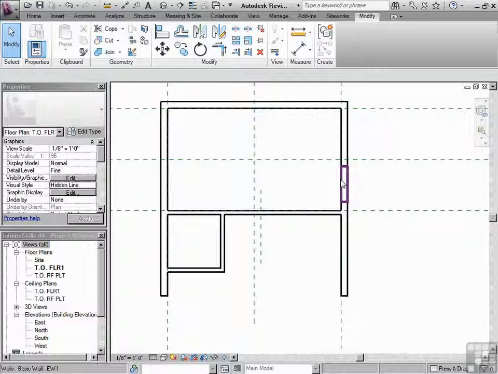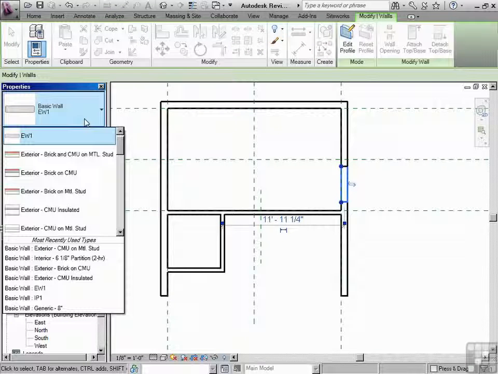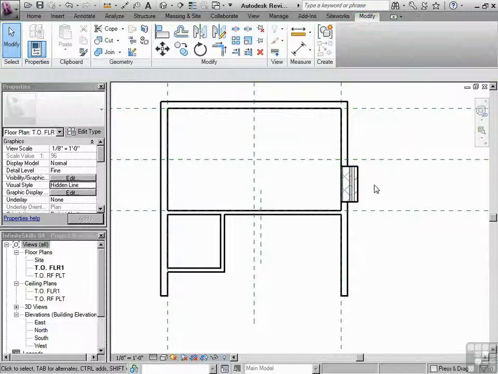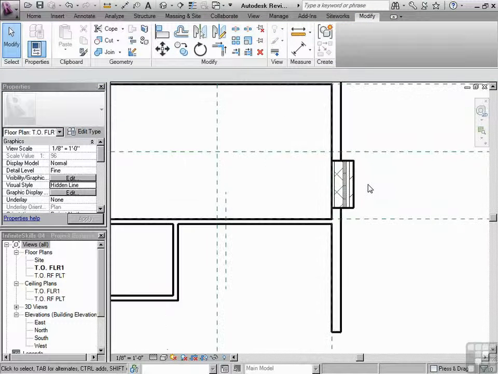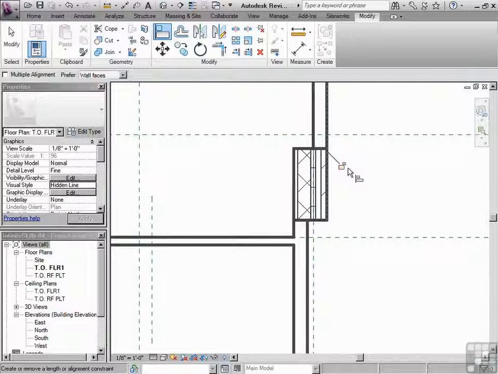Now we're going to click that little piece that we made. Then we're going to go to our type selector and just choose anything else. Brick on CMU. Okay. So there it is. Now we look at that and say, well, you know what? Let's zoom in. I'm going to roll in using my scroll wheel. I want the outer face to be lined up with the outer face there. I know. I'll use the Align tool. So you go to the Align tool. You pick destination first. Then you pick on the object, the face of the object you want to line up, and